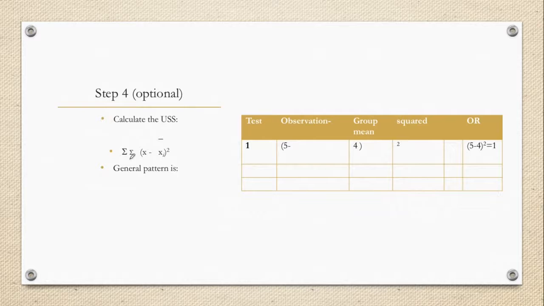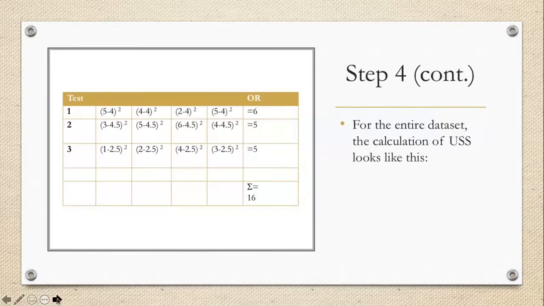algorithm here, which is you're summing the sums of this little process here, wherein for each of these, so we're going to do this with just one example here. So for test form number 1, your first observation is a 5, that's that first score. You're going to subtract it from the group mean, the mean for that test only, and square it. Okay, that's the general pattern. If you were to do this with all the data, you would do this for test form 1, test form 2, test form 3,